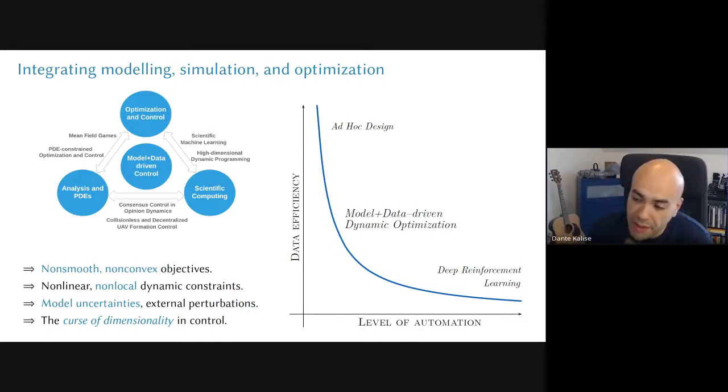So they are highly automated, but nowadays we're starting to realize that all these methods are very, very, very inefficient with respect to the use of data. So training a neural network to discover a control law, like a reinforcement learning algorithm, even if the problem is very simple, sometimes requires hundreds of thousands or millions of data points to do this regression, to do the machine learning. And of course, this is very expensive, because sometimes to recover the data is expensive, to treat the data is expensive, and it's also expensive not only in money, but for instance, energy consumption. And that's also an ecological problem on how much energy do we want to blow up just by training